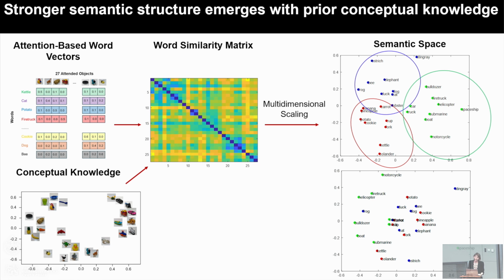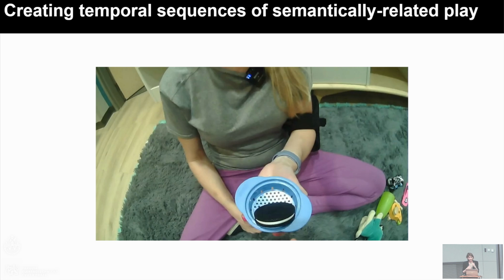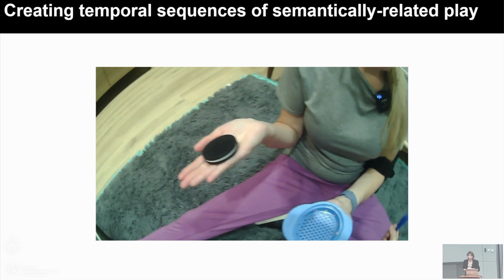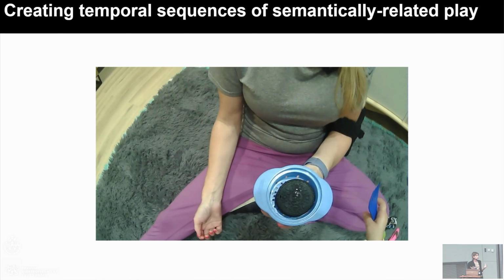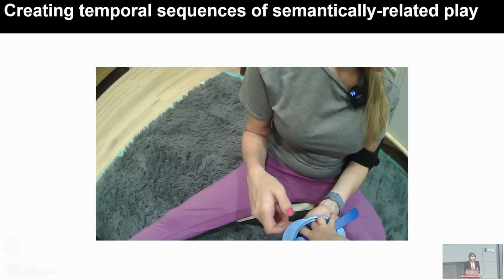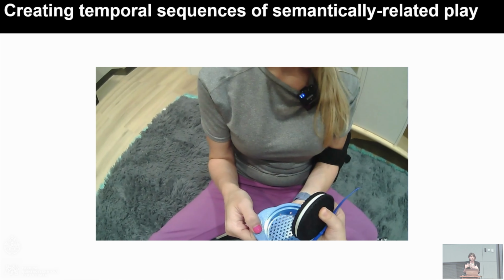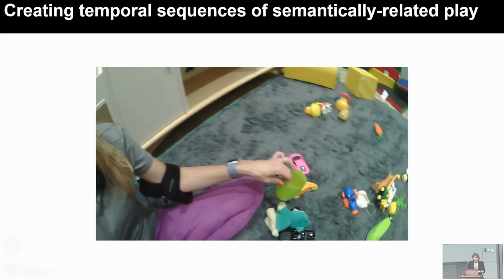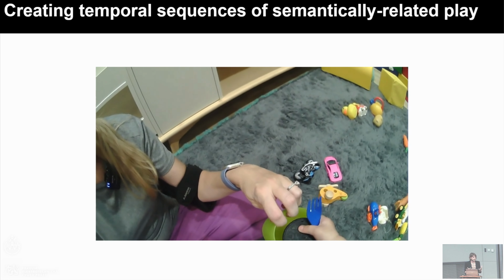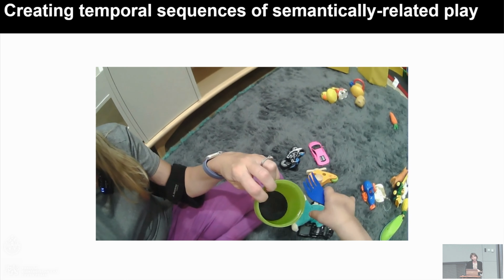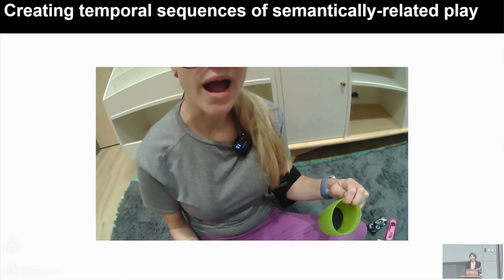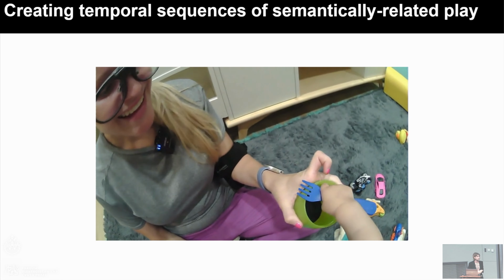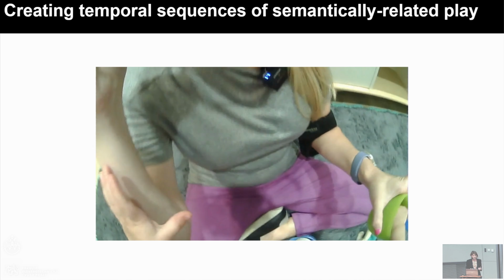Another semantic regularity that we assessed in our work, that I don't have time to talk about in detail today but is in the proceedings, is that we also noticed that parents and children tended to play with objects from the same semantic category in close temporal succession. And this makes sense because they're creating semantically coherent narratives. But we think that these bouts of semantic play might be really useful moments for parents to provide speech that's particularly semantically aligned with what children are actively seeing and doing in the moment.